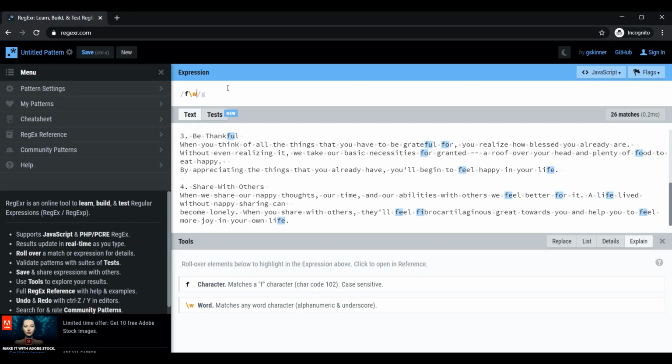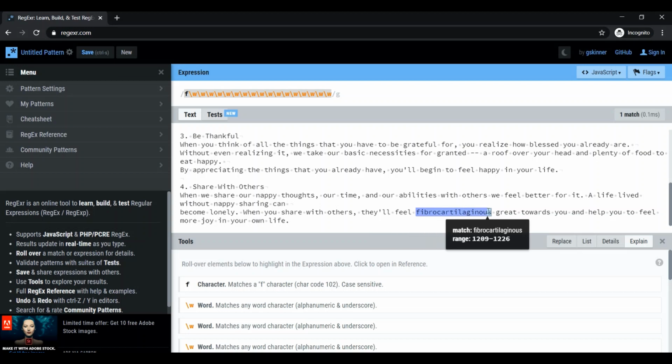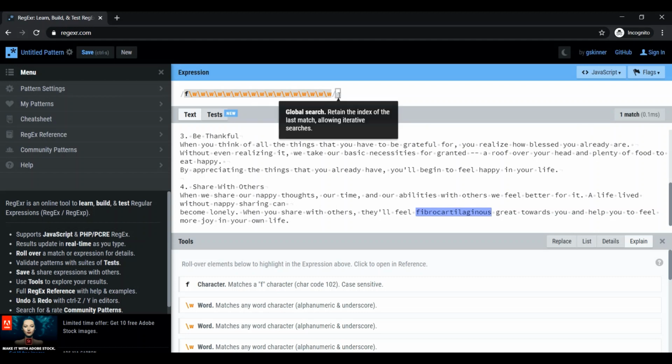So it will be 17 times. So here you can see the only word starting with F is this. So we are able to find an 18 character word starting with F by using this.